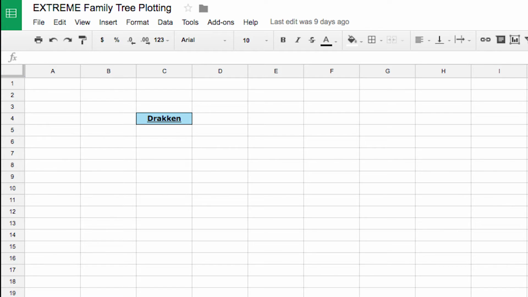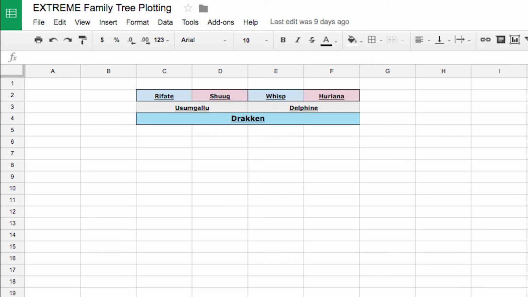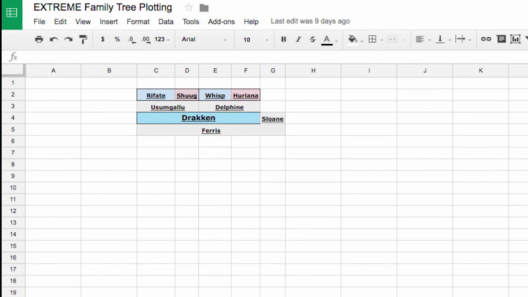Step 1 is to place Drakken firmly in the sheet. Step 2 is to add his parents because I like to establish lineages and Drakken was not the first member of his family to be in my lair. Then we can tack on his parents' parents because they may not have been the first members of their family in my lair. If you're curious how I know who was a member of my lair or not, there's no easy way to tell. I somehow remember what pixel internet dragons were in my lair nearly 3 years ago.